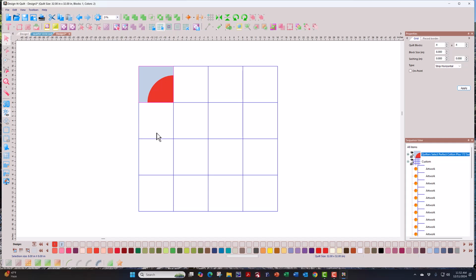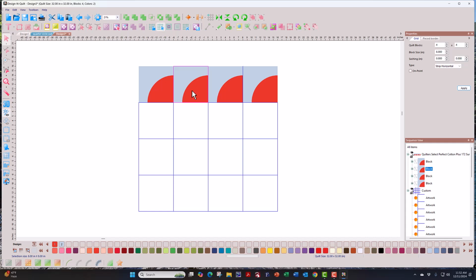And if I want to add another one, I could do the same thing, but I can also take this one and I can select it, right click and select Copy, and then I can come over here to this block and I can click Paste. But I also have a Paste to All blocks, and I have a Paste to the row, Paste to every other. Okay, so I'm going to do a paste to the selected row,